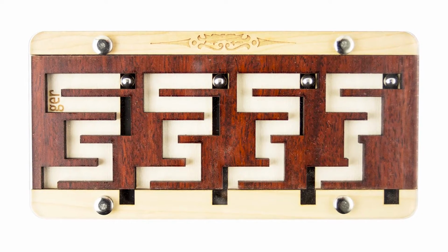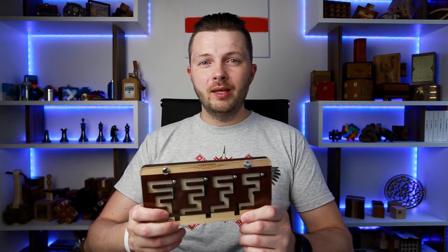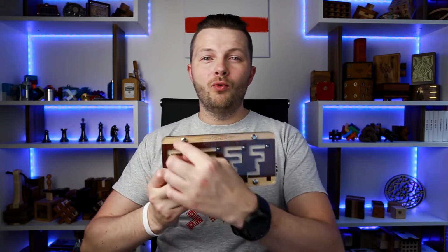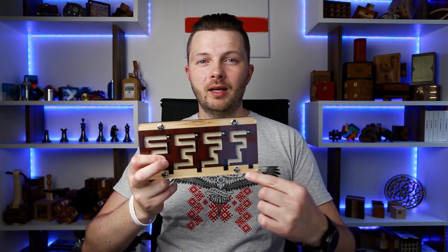Today I want to show you a puzzle that requires 1250 steps to solve it. The name of the puzzle is Kugellager. It was designed by Jean Claude Constantin, famous puzzle designer who lives in Germany. The object of this puzzle is to remove the dark wooden part from the frame, and in order to do it you have to move all balls that are on top to the bottom where there is a cutout for